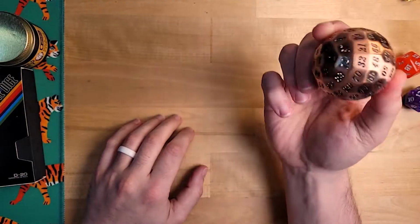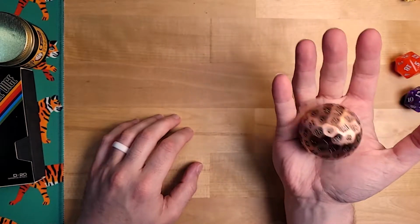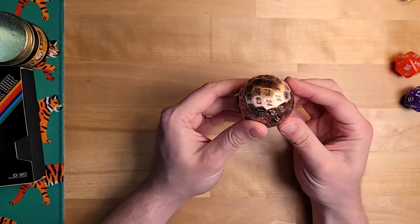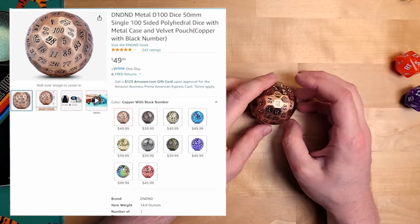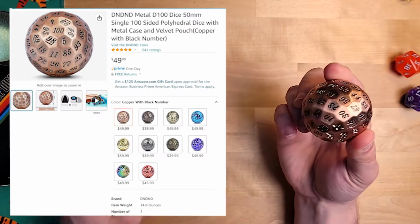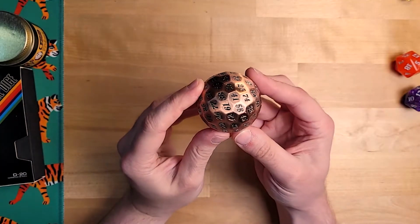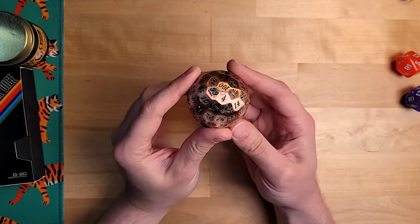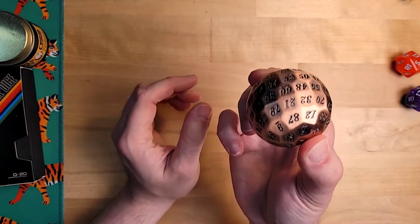Now this next one is really interesting, and it's one that I don't really use in my games that often. As you can see, this next one is a D100, and it's really hefty. I don't know exactly how much it weighs, but it would do damage to this table very easily. The reason that I don't use this one, on top of it being a D100, so you don't have to use it that often,